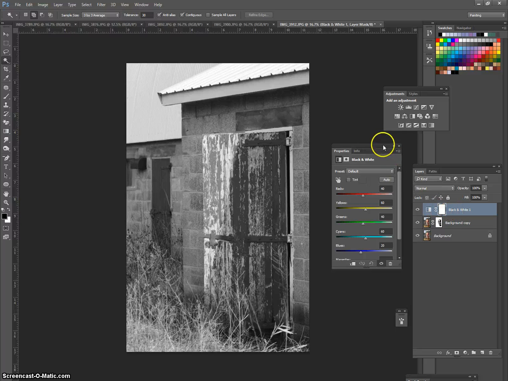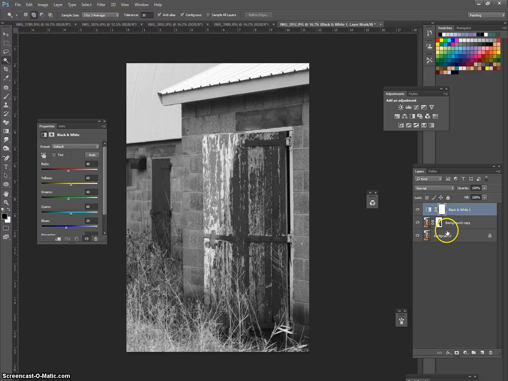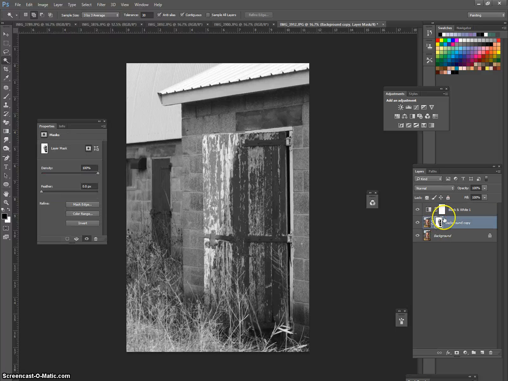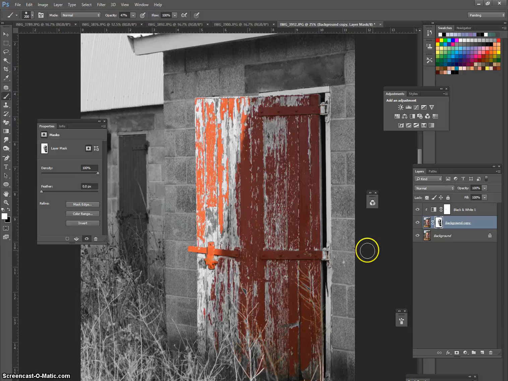Now, as I have it right here, this adjustment layer with the layer mask is not linked to my background copy with the layer mask. So I'll need to create a clipping mask by holding Alt and hovering my mouse right between the two layers. And then when I click here, my selection shows up. So I can also change what's colored on my layer mask, or make changes to my layer mask by clicking here on the background copy